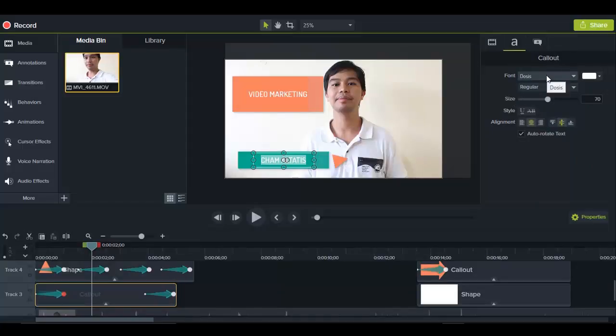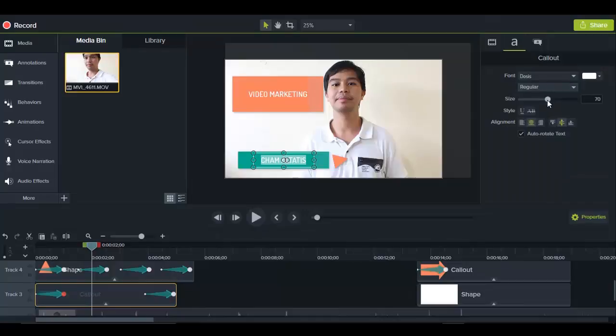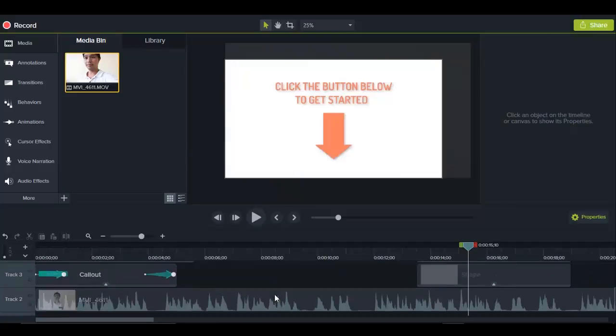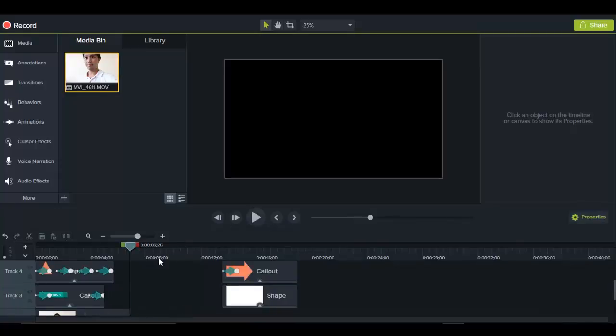You can also change the font. You can just choose any font from here, as well as the size of the text if you wanted to. So that's how easy it is to change the properties of this lower thirds and the title. And of course, here in the middle, let's say you have some body here, you added the details of your